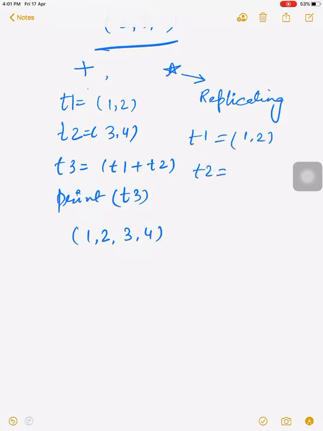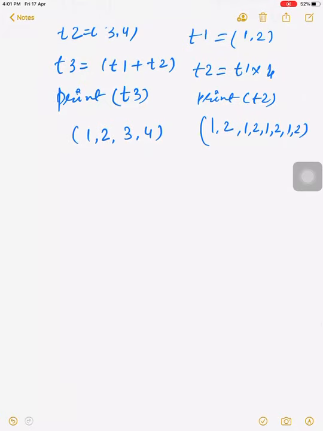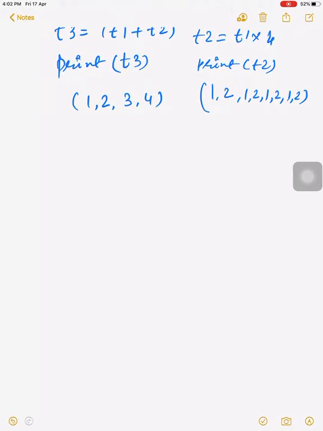And what is the purpose of this star? It is for replicating. If we take T1 = (1, 2) and write T2 = T1 * 4, and we print T2, then the output will be 1, 2, 1, 2, 1, 2 and 1, 2. The 1, 2 will be printed 4 times because the value is replicated 4 times. So these two operators work with tuples as they work with lists.